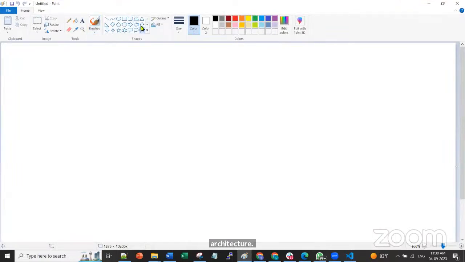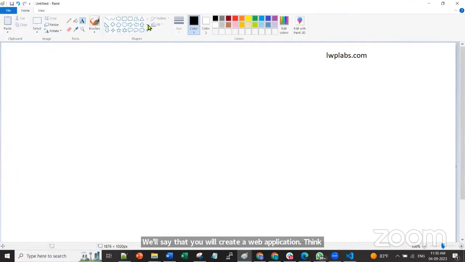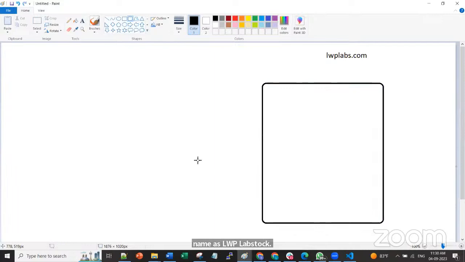We'll say that you will create a web application. Think like a web application you will create, which you will name as LwpLabs.com. This is your website. This website you will be running in a Kubernetes cluster. Now for running this website in a Kubernetes cluster, obviously you will have to